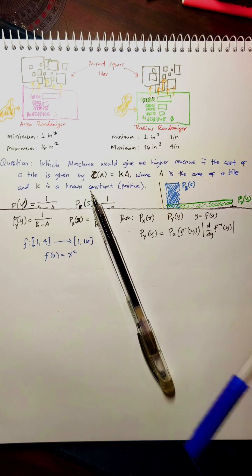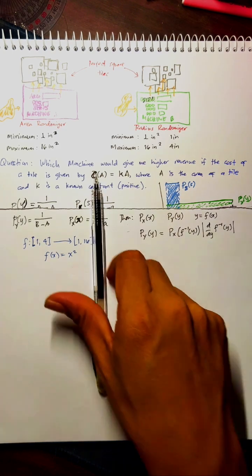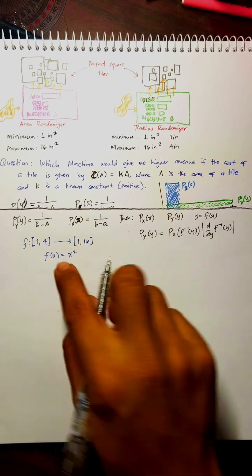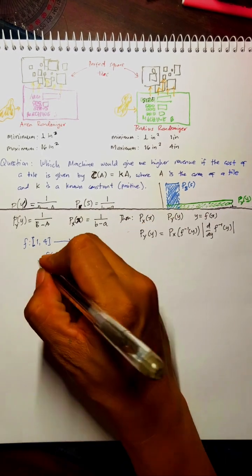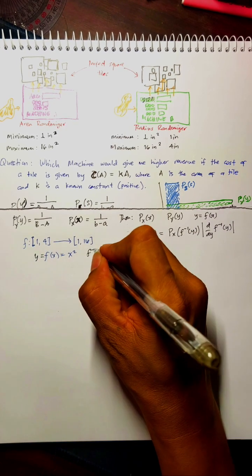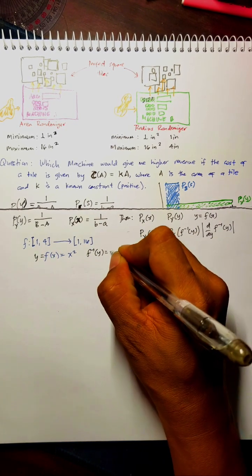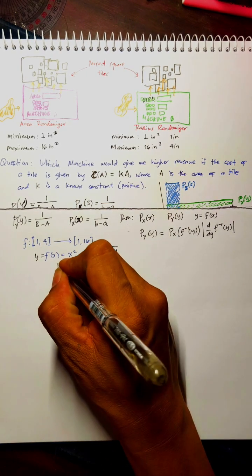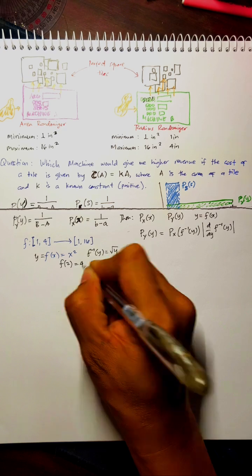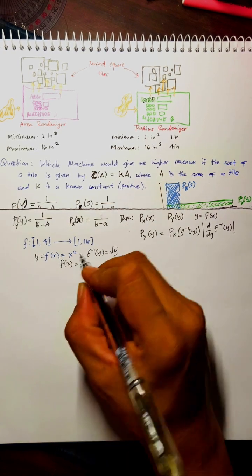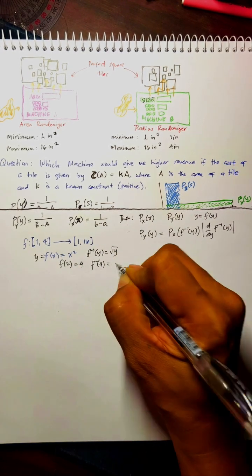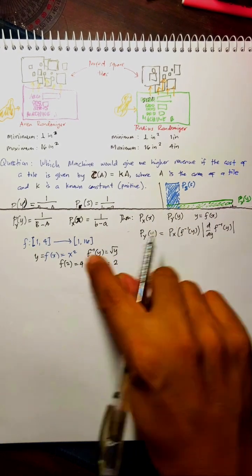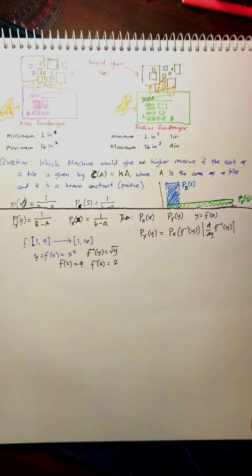So we can use this formula directly. But what is now f inverse of y? Well, if this is f of x, then f inverse of y is just equal to the square root of y. And why is that? It's easy to check. For example, what is f of 2? This is 4. So to get back to 2, f inverse of 4 would be equal to the positive square root of 4, which is 2. Again, we exclude the negative because it does not belong in this domain.